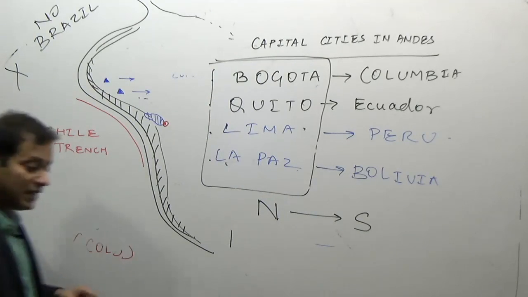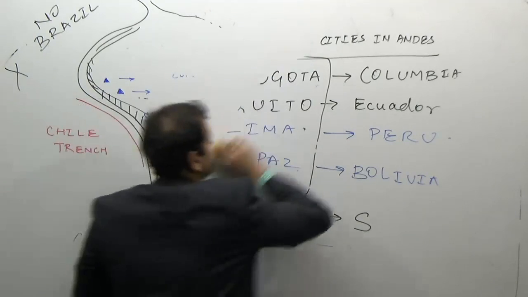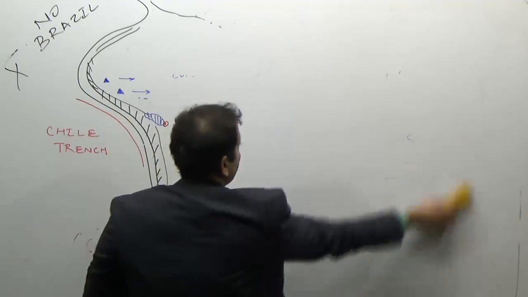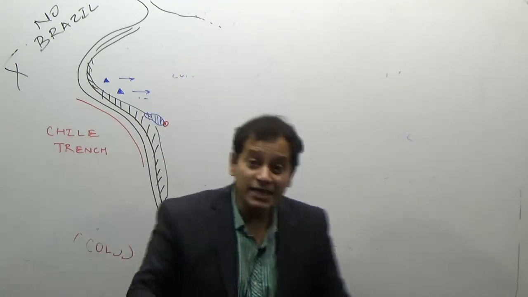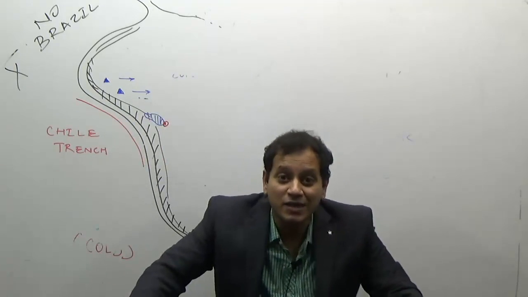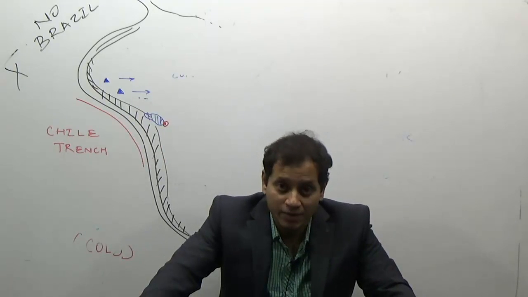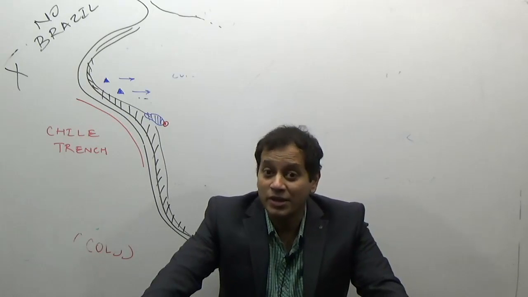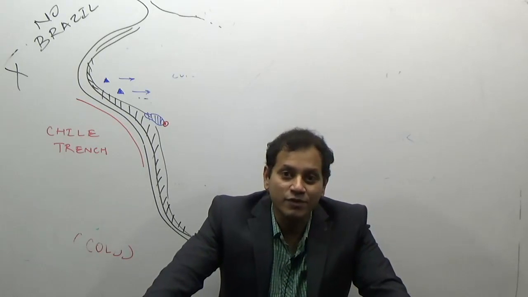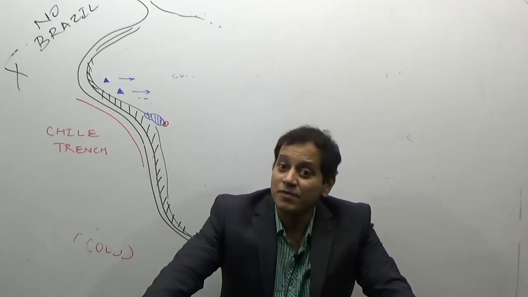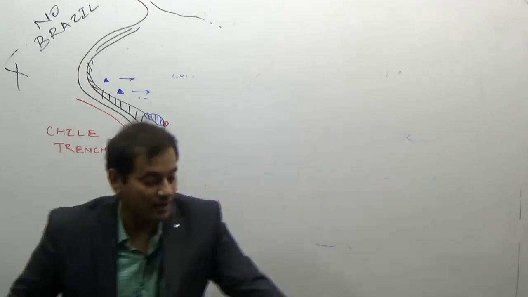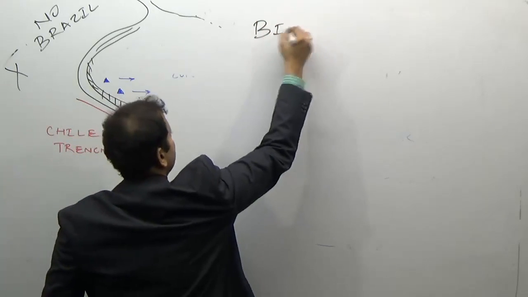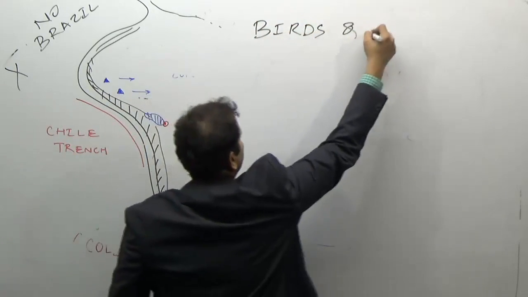Now there are some interesting animals which are found in the Andes. Some of the interesting animals which are found only in South America. You must have seen the movie or heard about the movie Anaconda. Anaconda is a large python found in South America but not in the Andes. It is found in the jungles of the Amazon. But some of the interesting birds and animals found in the Andes are